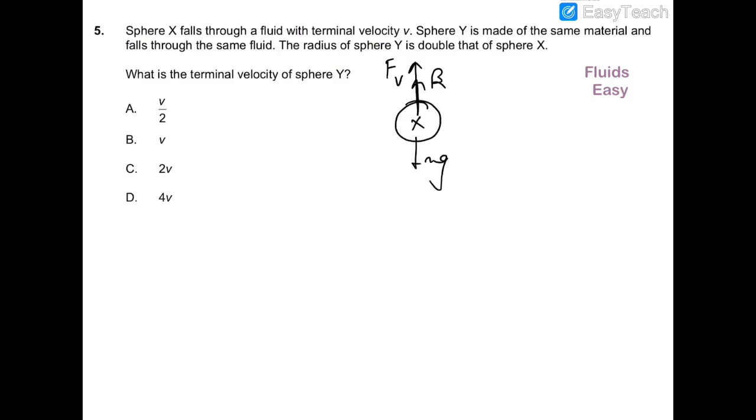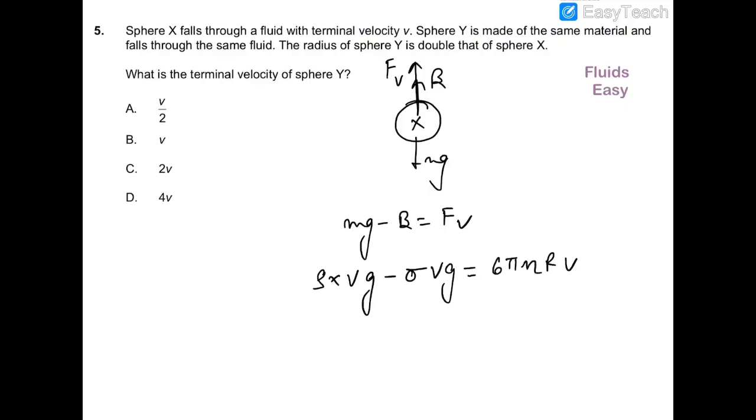So the net force will be mg minus buoyancy, and it would be balancing out the viscous force. Now mg will be rho times V times g, buoyancy will be sigma V g, and viscous force will be 6 pi eta r v, where v is the velocity